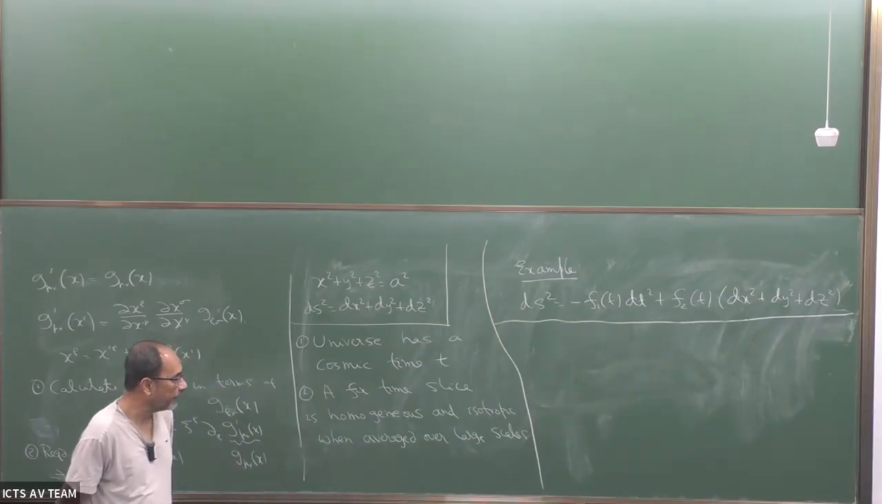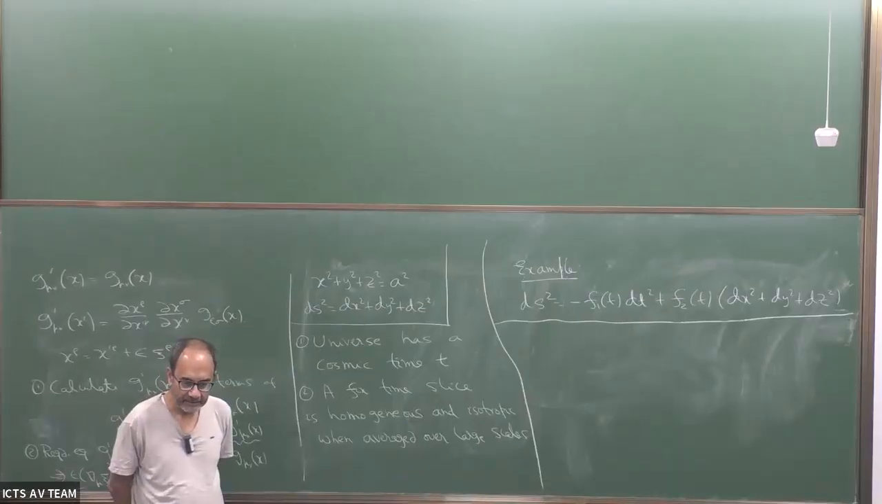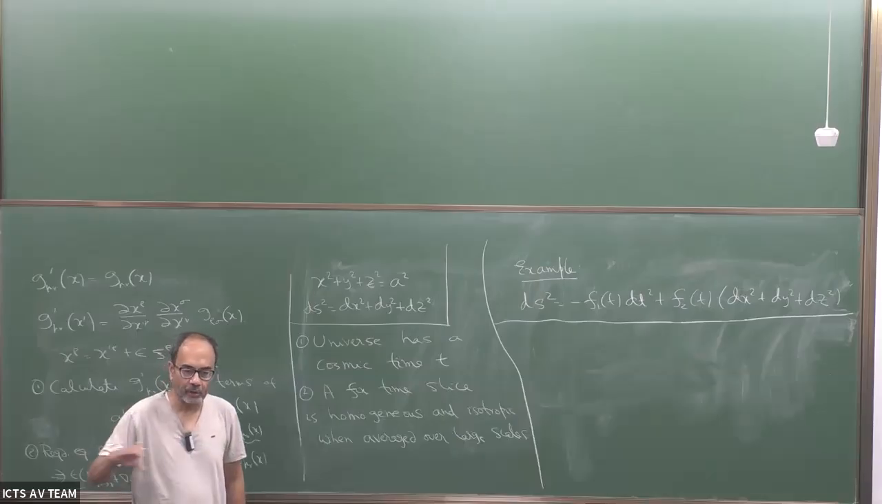Well, covariant means what? We'll just take t prime equal to t, right? Then constant t slice is the same as constant t prime slice, right? Then we know that if the original time was the cosmic time, then a new time is also the cosmic time,